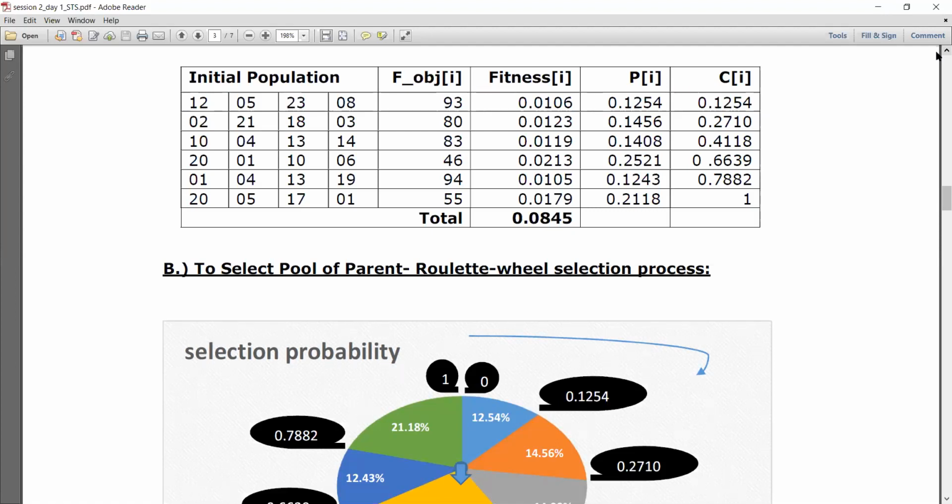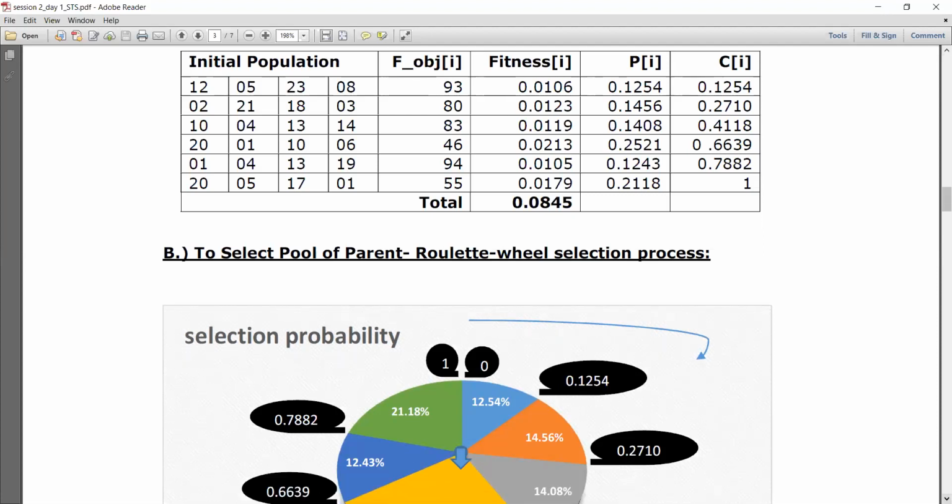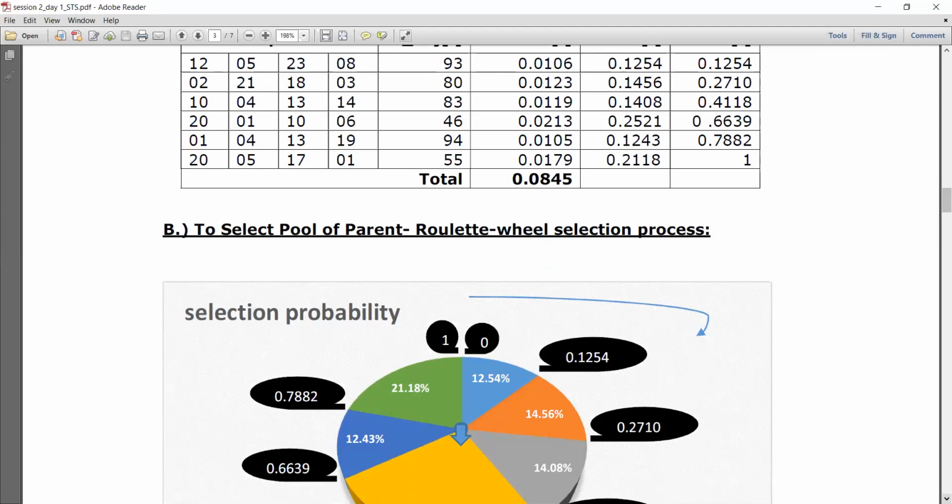But where are we going to have it? Because it is going to be allotted contiguously, segment after segment. We are going to have all the chromosomes one after the other. So for the first chromosome, I repeat, the Roulette wheel covers 100%, 0 to 1. Now from 0 to 0.1254, chromosome 1 is seated, because chromosome 1 has got a share of 12.54%.